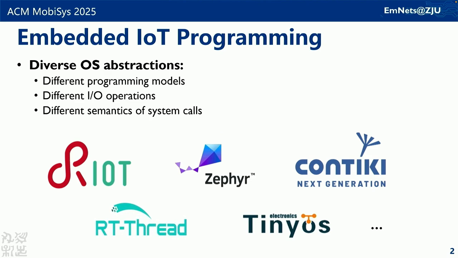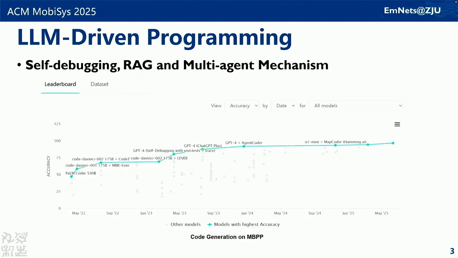Developing embedded IoT applications on these OS remains highly challenging because developers must understand different programming models, different I/O operations, and different system calls. In recent years, large language models have introduced a new paradigm for application development from natural